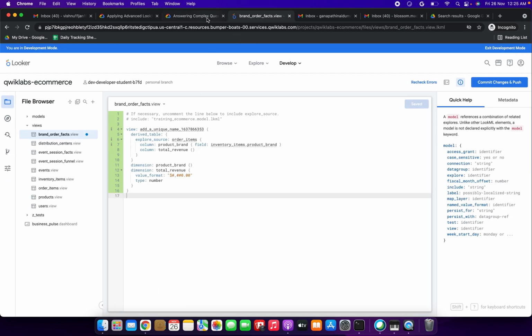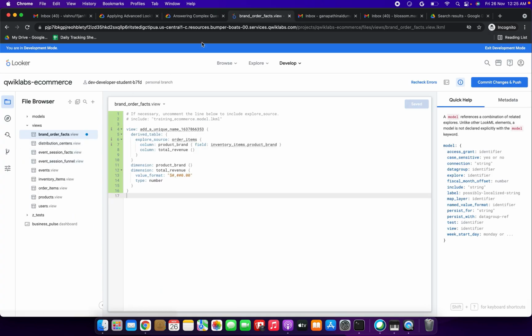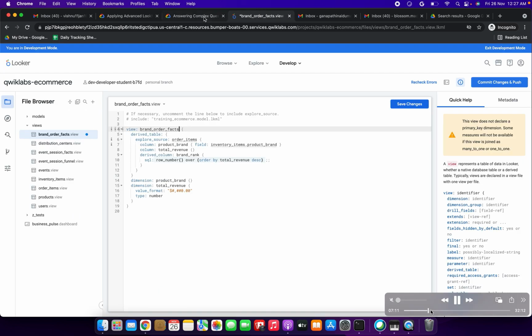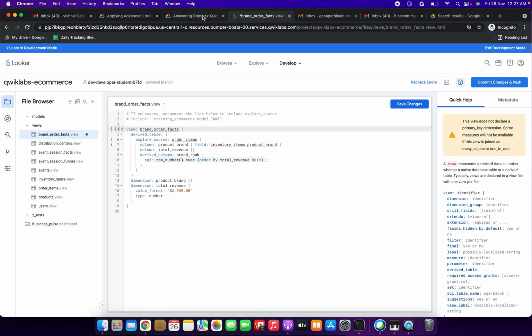come. So I am verifying it again, SQL row number over order by total revenue descending order. So line number 9 and 10 we need to update it. Yes, I have updated it, line number 9 and 10. So you can see it, friends.